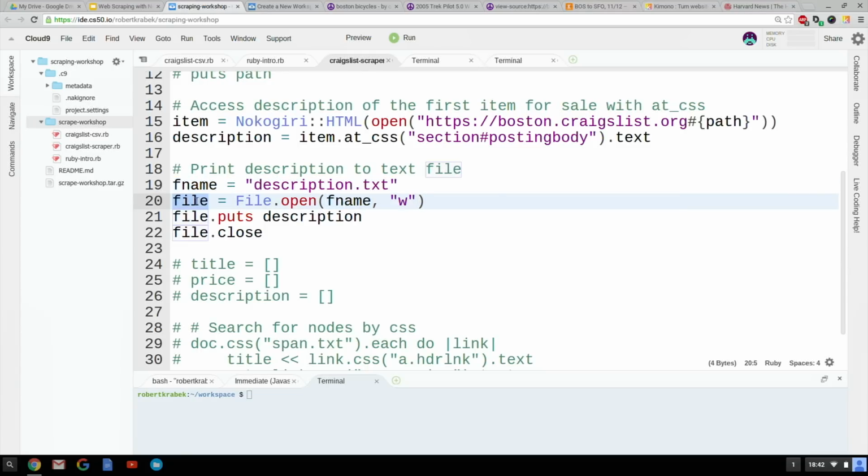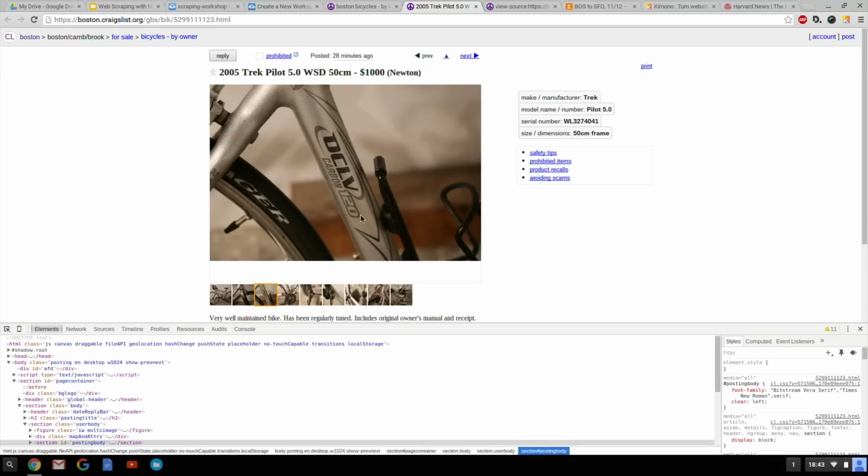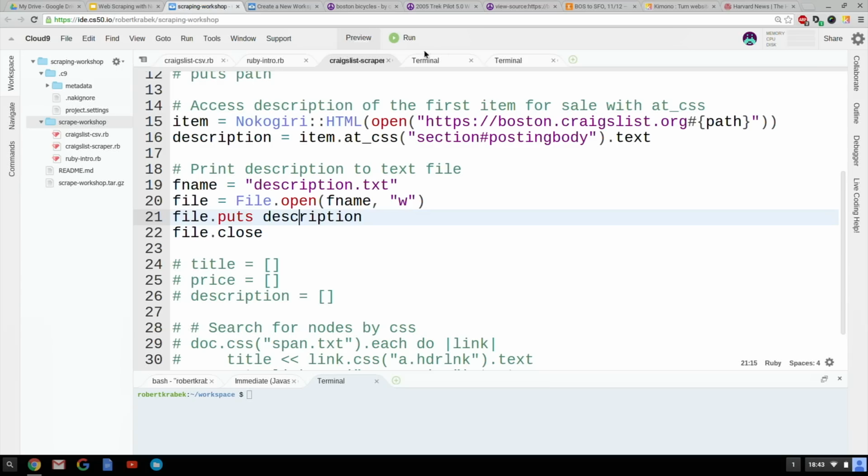We have a variable that we're storing the open file as with file.open, and we're writing to this file, so we open it with the W operator. And then we put string into the file with the .puts operator, and then we put the variable that we want to write to the file within that, and then we just close the file. So if we go ahead and run this, this should produce a document with description.txt, which will have this description within it. So if I run it,